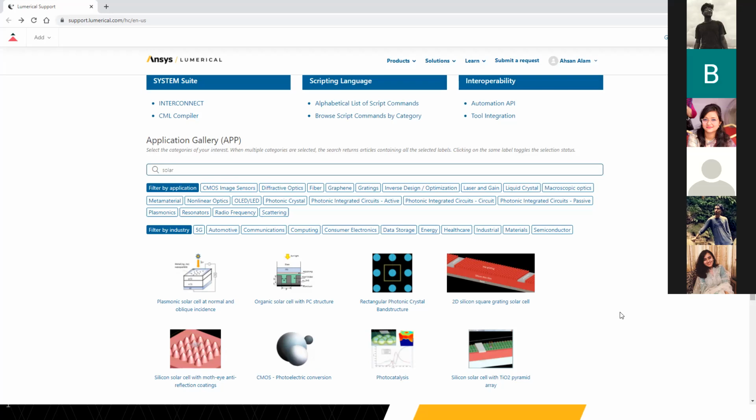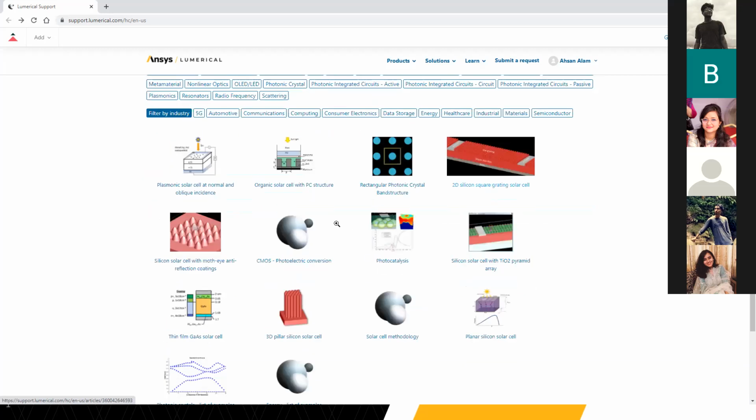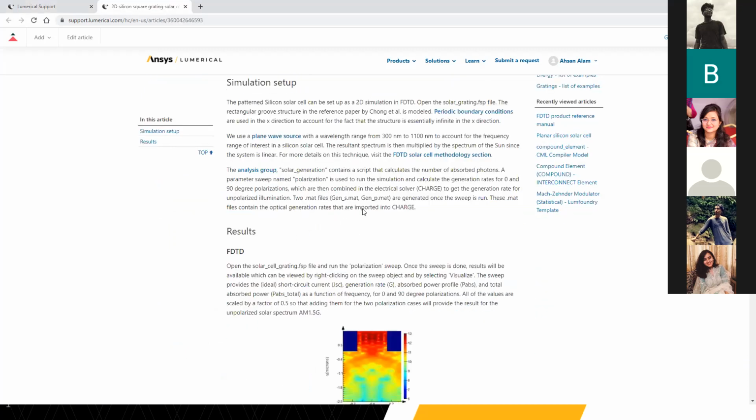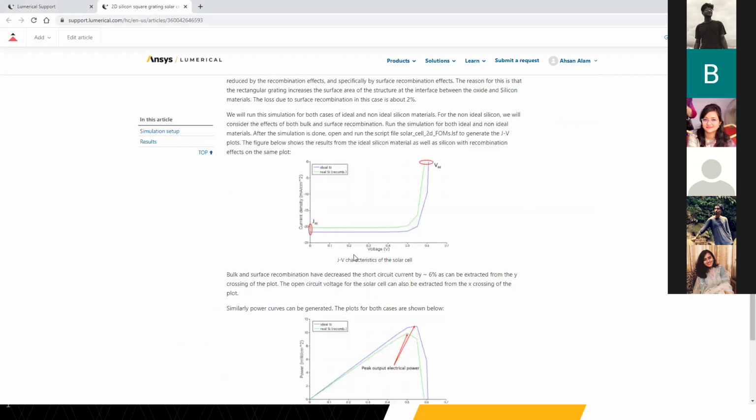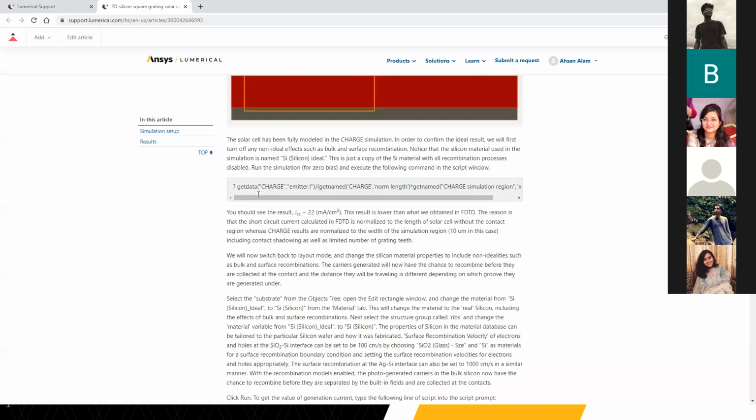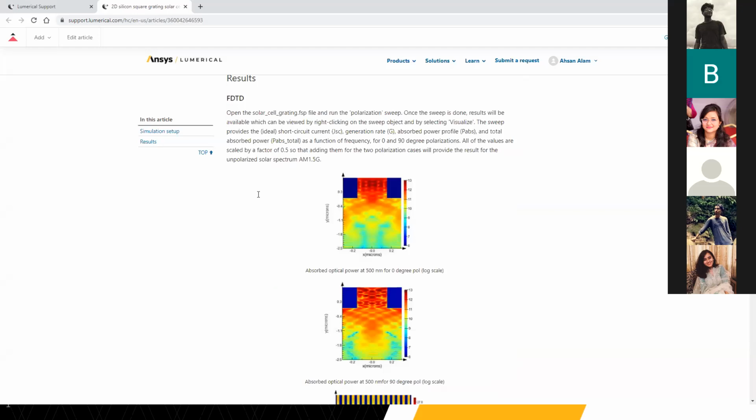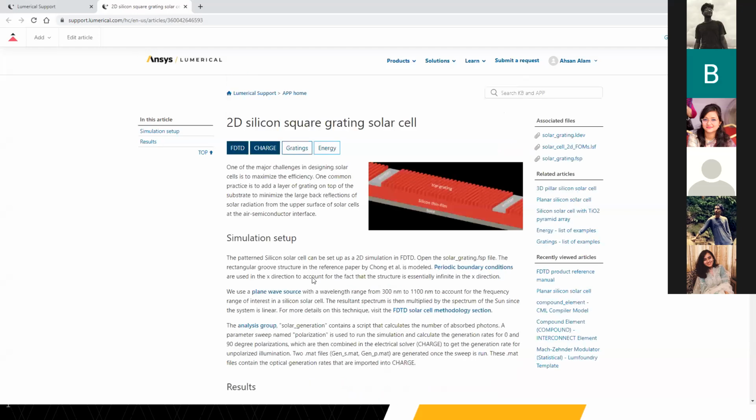And then when you really get into it and you need more information, these documentations are definitely a good place to look. All of these examples have explanations that talk about the results, and they talk about the simulation setup in detail. So when you go into the nitty-gritty details, you have to go into this documentation and learn more about things. I think in the workshops, we just won't have enough time to go into a lot of details. So just to attend the 2 sessions, you don't really need any prerequisites.